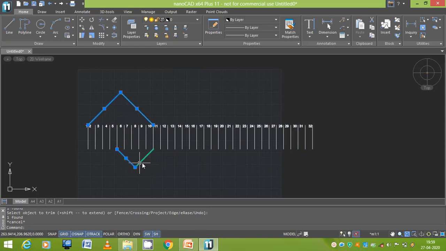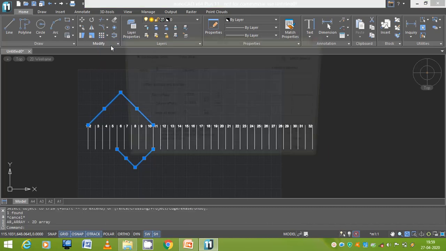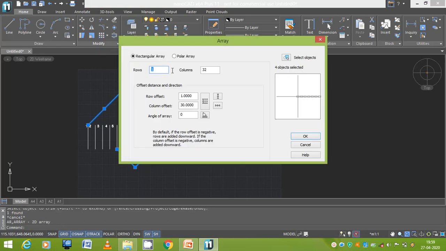Now you can select and go for array. Even though you have two winding tables, no need to bother about the connections. Once you are ready with a front end and back end connection, you can connect all the conductors by going with an array. I have 32 conductors, so the number of turns is equal to 32 divided by 2, it is 16, and the distance between the conductors was 30, therefore the distance between the turns should be double, it is 60.